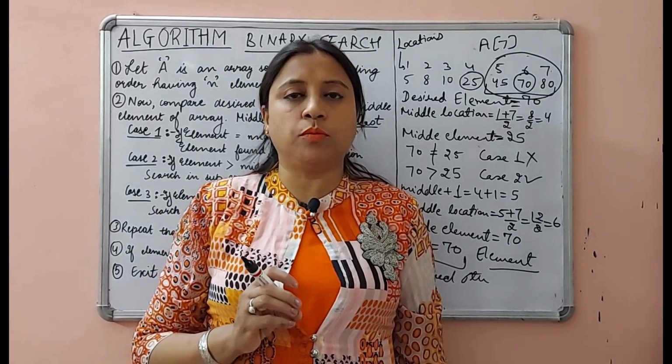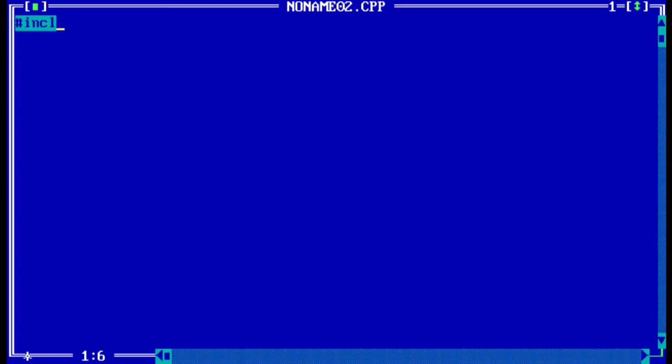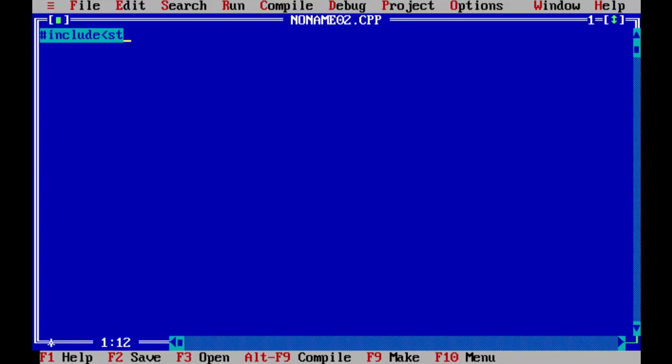Friends, now I will explain the program of binary search in the Turbo C compiler. Whenever we write any program in C language, first of all we include the stdio.h header file, that is the standard input-output header file. This file contains various input-output functions which we are using in our program. Next, I will include one more header file, that is conio.h. This header file contains various library functions for performing different console input-output from a program. The purpose of including these two header files is that we are using various library functions and the definitions of those are in these libraries.